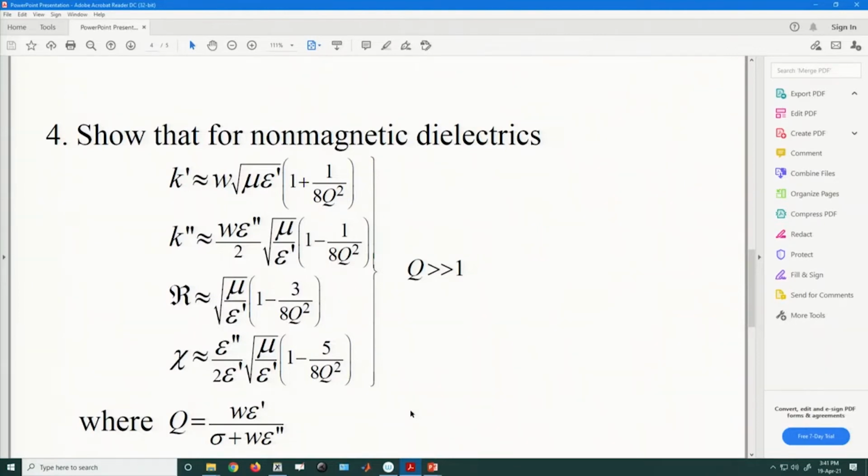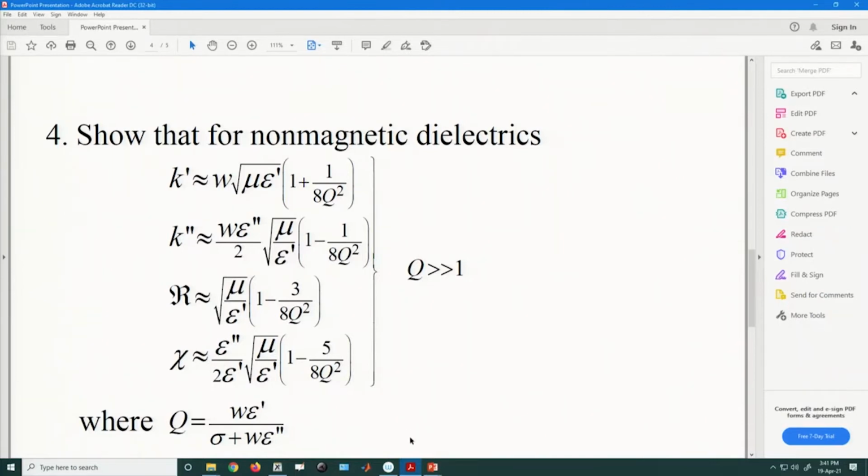R is given as root under of mu by epsilon prime 1 minus r by 8 q square, and x is given as epsilon double prime by 2 epsilon prime multiplied by root under of mu by epsilon prime 1 minus 5 by 8 q square, where q is the quality factor